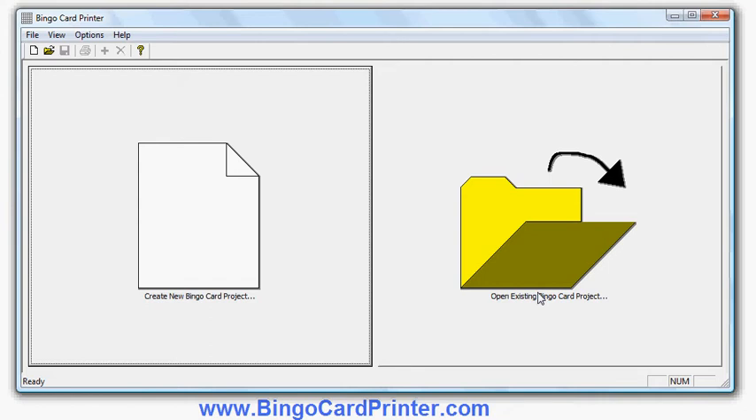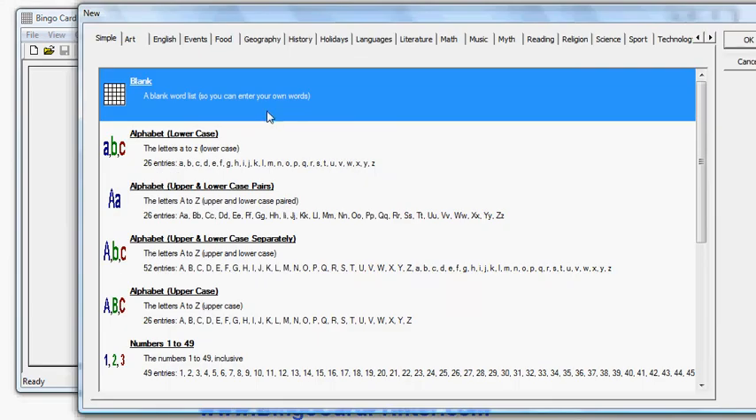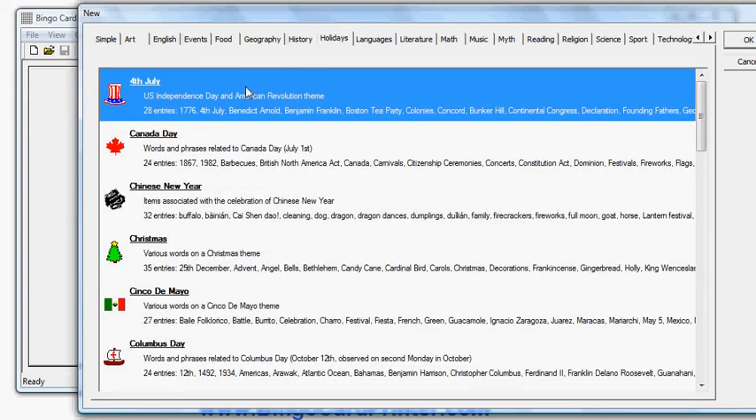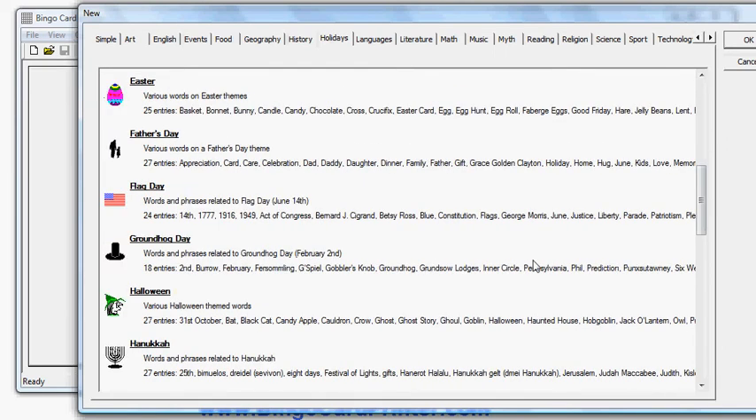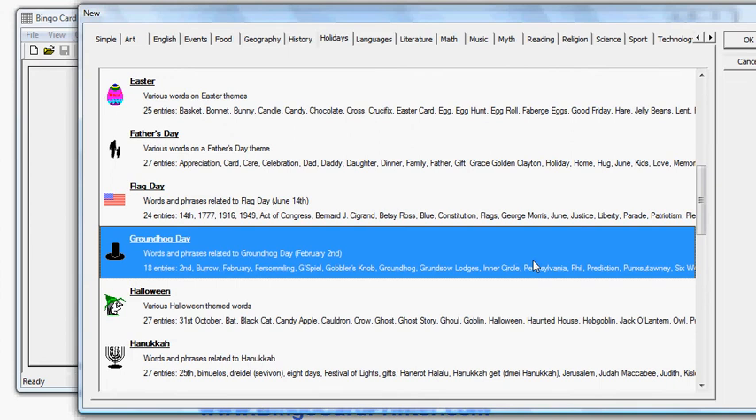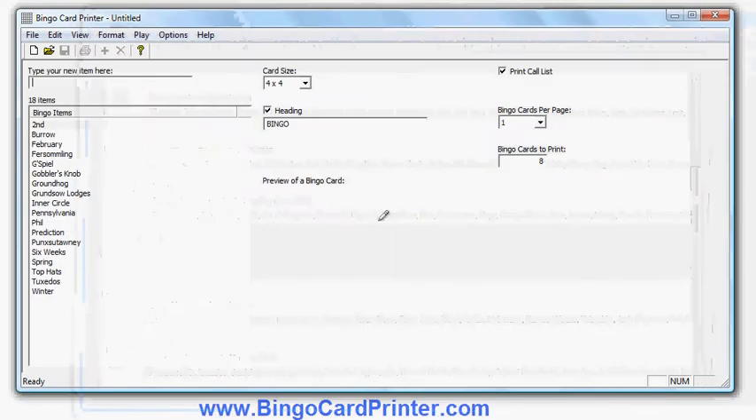Okay, this is the initial screen of Bingo Card Printer. I click Create New Bingo Card Project, and I have a choice of what kind of bingo card I'd like to create. Create a blank one, enter my own words, alphabet, numbers, choose school subjects like English, geography, history, science, math. I can choose events like birthdays, baby showers, bridal showers, but if I go into holidays, I have a choice of holidays like 4th of July, Canada Day, Chinese New Year, Christmas, and so forth. And if I scroll down, I'll find Groundhog Day. I simply click on it. I can either double click on it or click on it and click OK, and there's my initial Groundhog Day